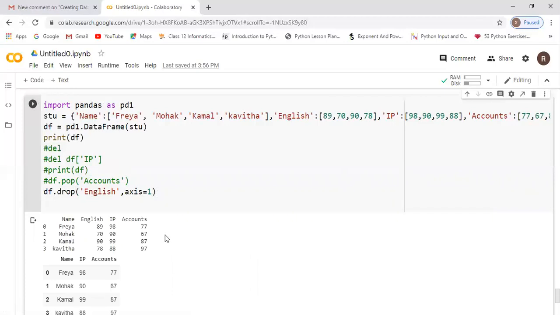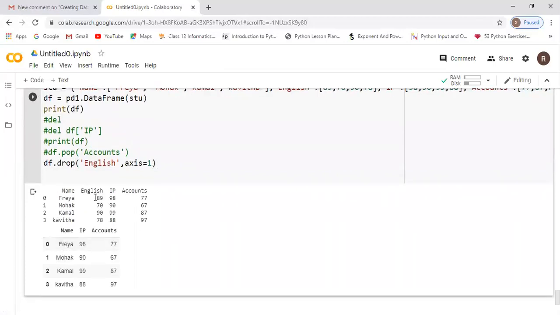Now you can see the difference. By default, if you don't give axis is equal to 1, it will take axis is equal to 0. It will return a new data frame with the item deleted or removed. Axis is equal to 1 means the column, and 0 stands for row.